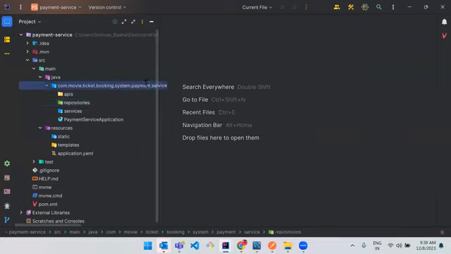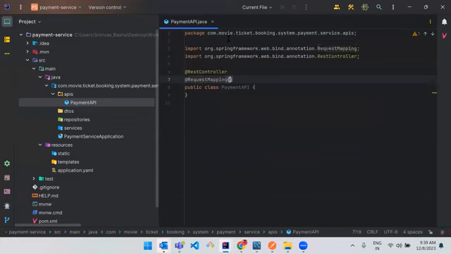Right now I just wanted to go to the APIs and add a new Java class, PaymentAPI, and just use the basic annotations, RestController and RequestMapping. For bookings, we have given bookings. For payments, we will give payments. So public void createPayment, and then